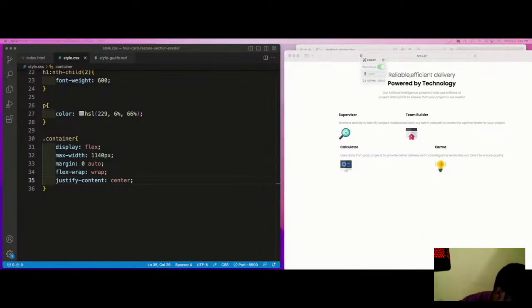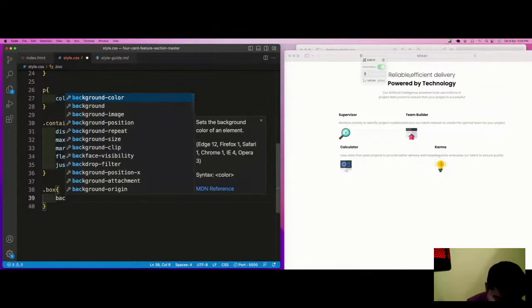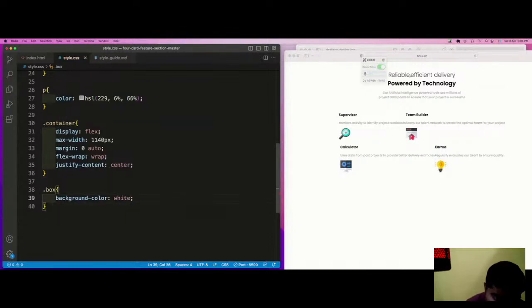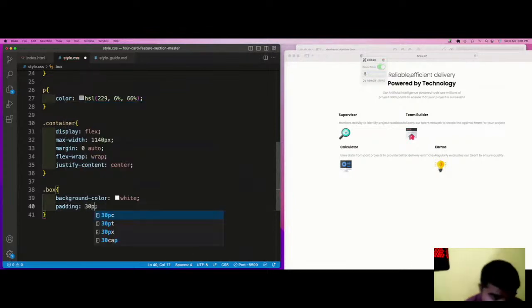Okay. Now after that, we have the box class, dot box, which is the common class. We have a background color of white. And after that, we have some padding, for creating an internal space of, let's say, 30px.